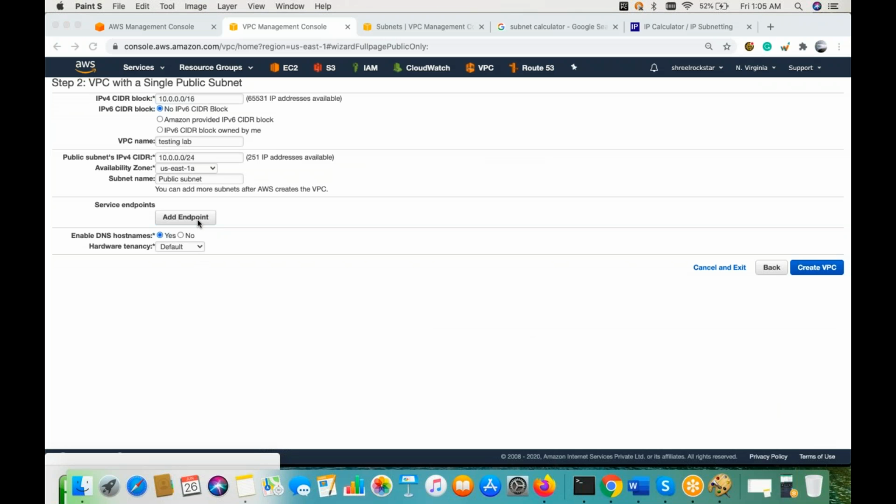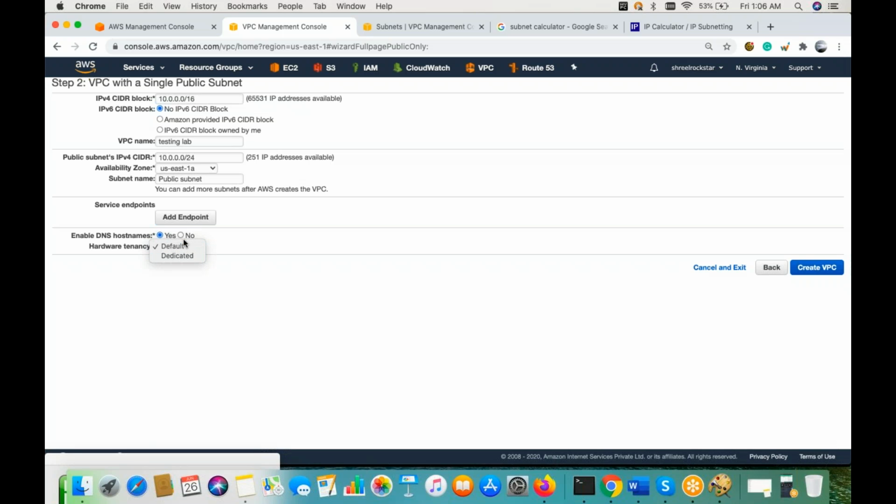Okay, now let me go back. We don't need an endpoint, that is fine. Enable DNS hostnames is something, guys, where whenever you create an EC2 instance, by default you will see its IP address and a DNS name like .amazonaws.com, so the DNS connectivity gets created automatically. It is just an option, and by default it is yes. Whenever you create an instance, you get an IP address plus the DNS name. Generally DNS is required when developers make host entries in their host file; otherwise your IP address will also work.